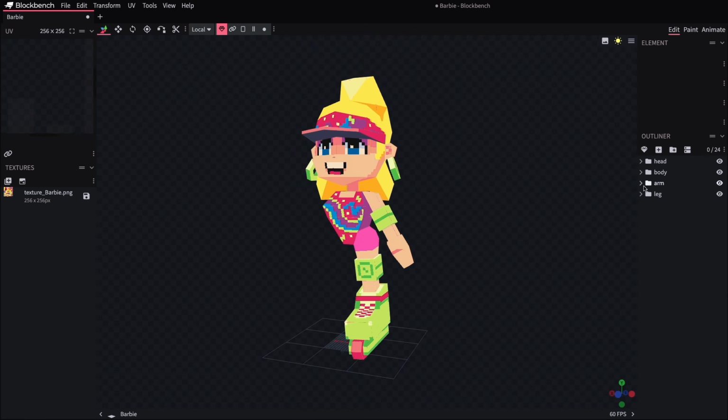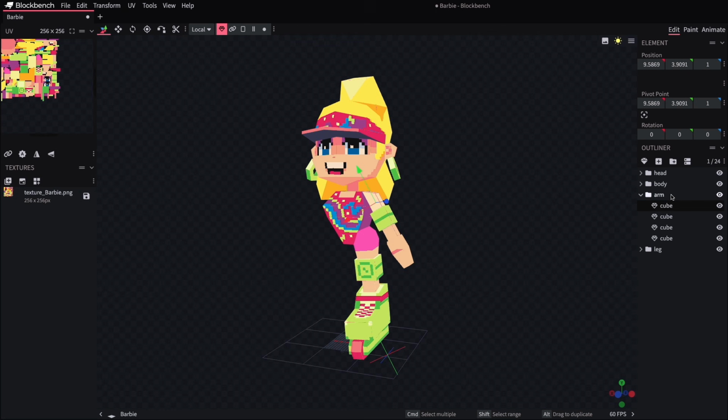Alright, well this is nearly finished, and aside from missing an arm and a leg still, we should make sure all of the bones are rigged up to be able to easily pose the model. What I've done so far is just organize the shapes into broad categories of the head, body, arm, and leg. When you create groups like this, the default point of control comes in usually at the center of the assembly